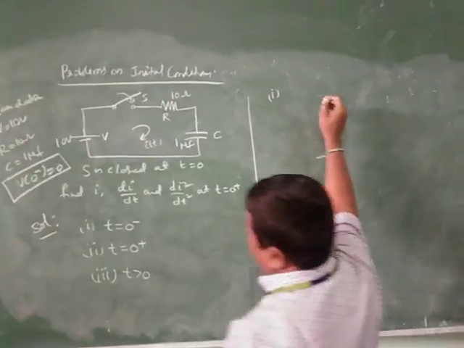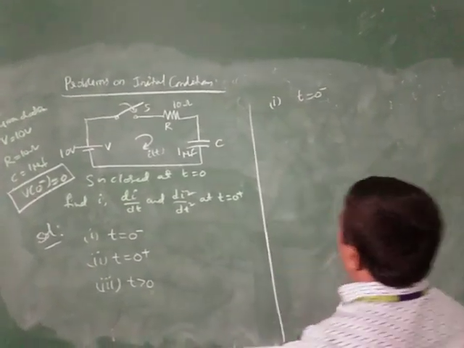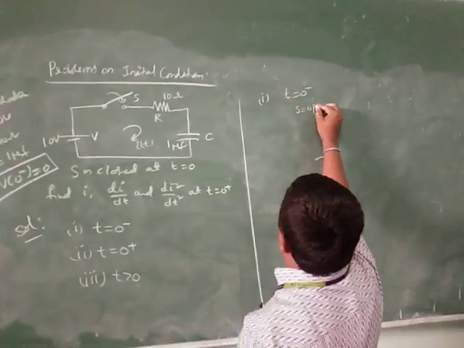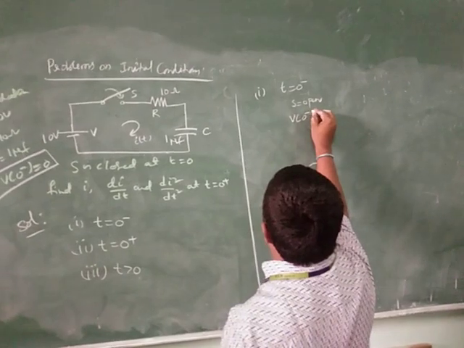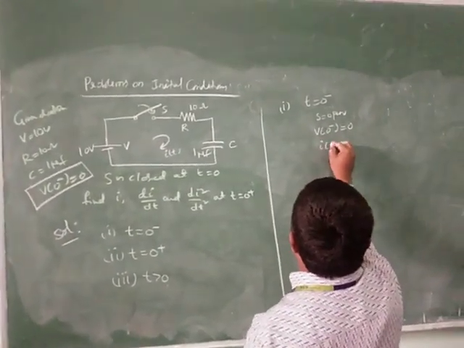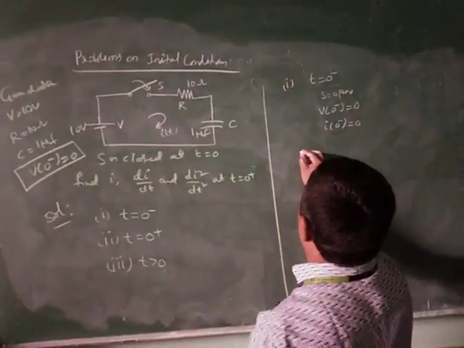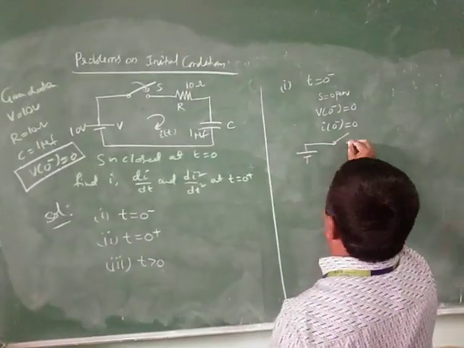And coming to the first one, t is equal to 0 minus and the status is S is open, and V of 0 minus is equal to 0, then I of 0 minus is also 0. Then coming to the equivalent circuit,